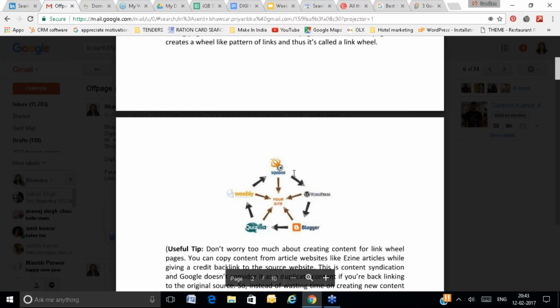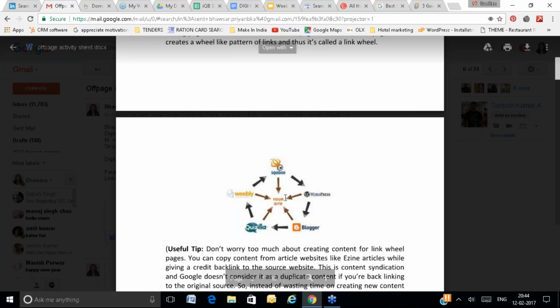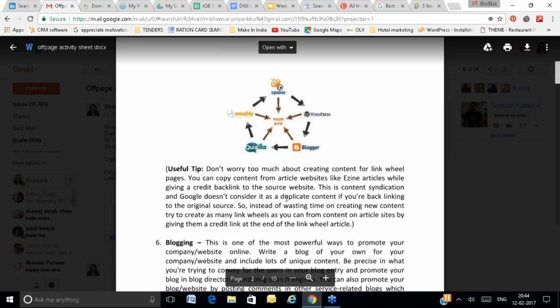You will publish your content, and from that content, one link you will give to your own website, and one link you will give to the other posting you have done on another website. That way you are creating a link wheel for your website. This link wheel comes from diversified domains, from authority domains, from the relevant category. So you are getting a backlink for your website, right?